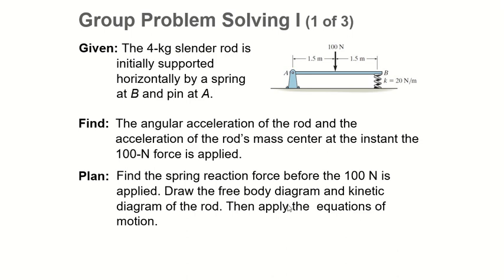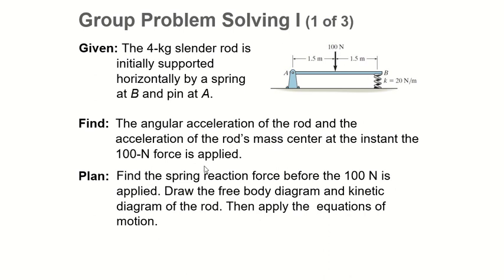Alright, we'll get into the group problems. There's another setup here: a 4 kilogram slender rod and a horizontal spring. Your pin is right here at A and the spring right here at B, and they are in balance. Of course, you're applying another force right here, 10 Newton, to initiate the motion, and we'll have to find the